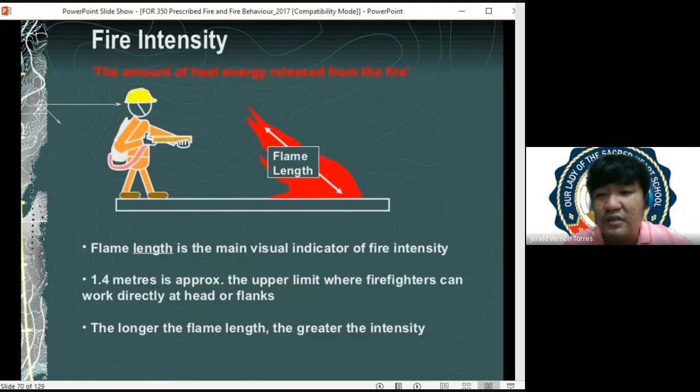And yun nga, in wildfire, nakadepende yung mitigation niya sa flame length, flame height, and flame depth. Usually, pag 1 meters na yung flame length, pwedeng lumapit yung firefighter. Pero if it's greater than 1.4 meters, ang mga firefighters natin, they cannot go near the wildfire. Kailangan muna nilang babain yung intensity ng wildfire before mitigating the event. For a while, may i-chat lang ako. Saglit lang. Thank you.